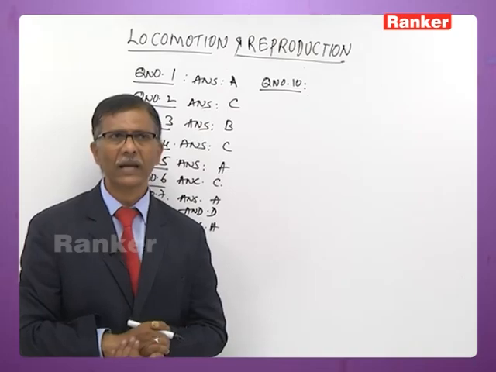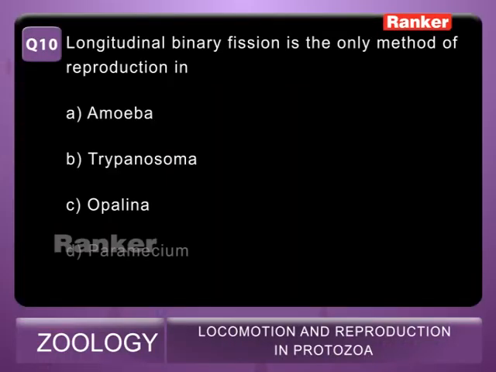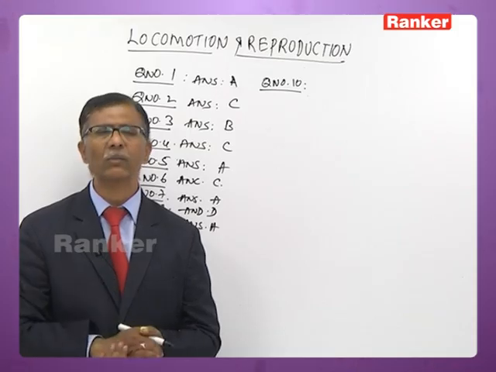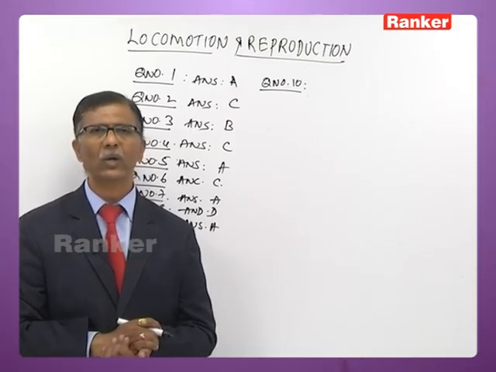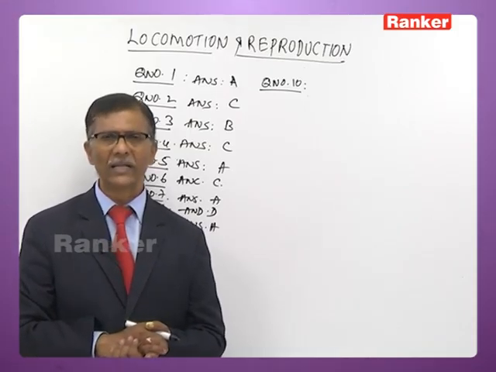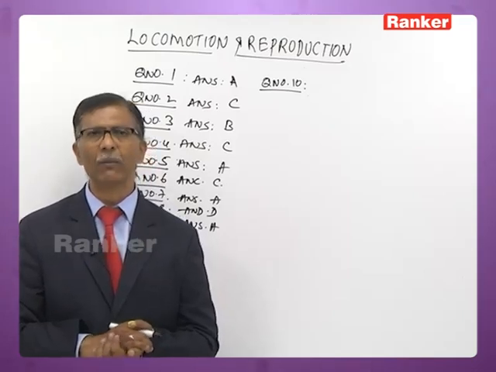Now question number 10, I will read out the question for you. Longitudinal binary fission is the only method of reproduction in A. amoeba, B. trypanosoma, C. opalina, D. paramecium. So the answer would be trypanosoma, because trypanosoma belongs to flagellata group, that is, it is a hemoflagellate as